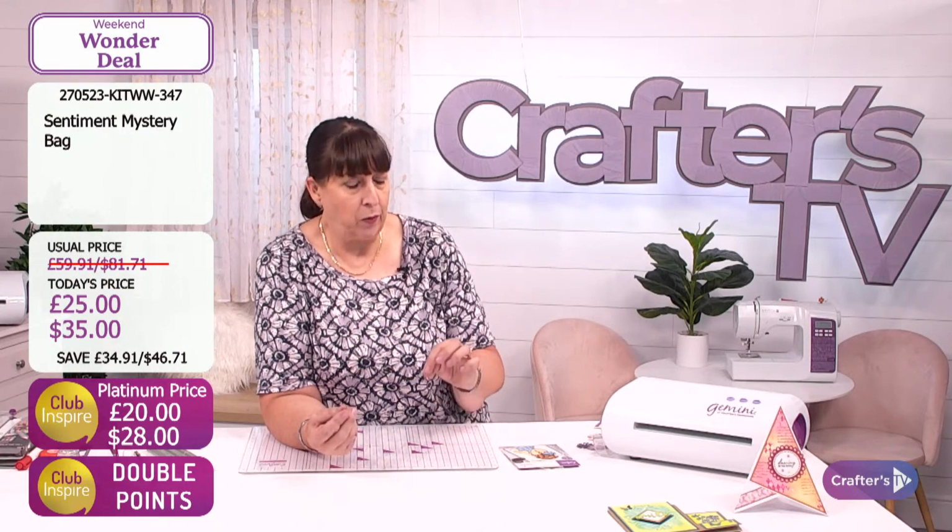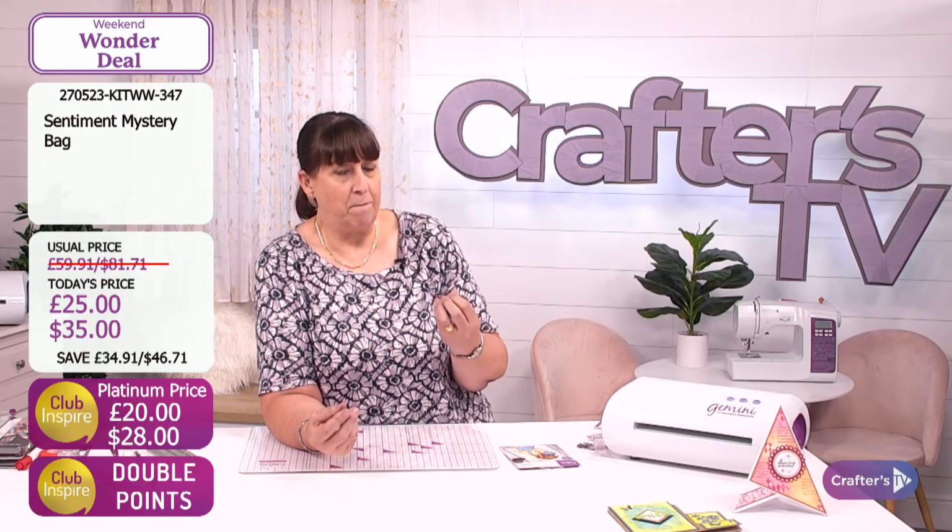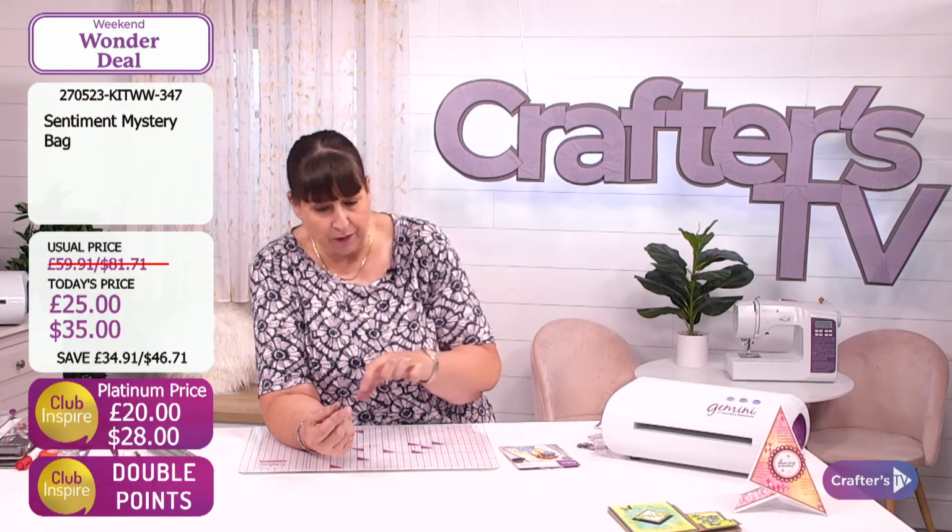It works for using your alcohol markers on. You can heat onto it as long as you're very quick with it. The secret with that is to heat up your heat tool first. Make sure it's at maximum heat, and then you literally just have to glide across it. But the heat resistant acetate will actually do a better job. It doesn't wrinkle if you're heat embossing. So yeah,